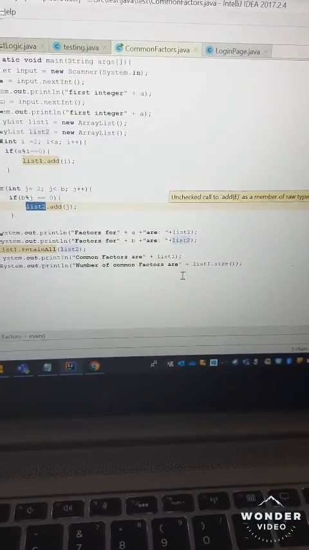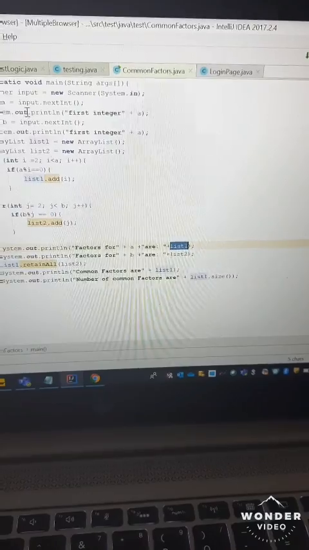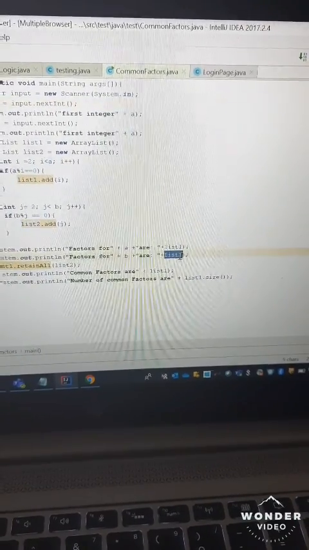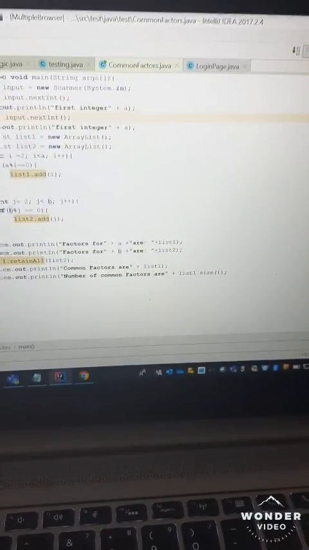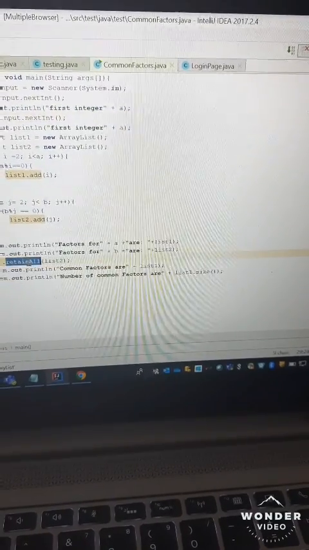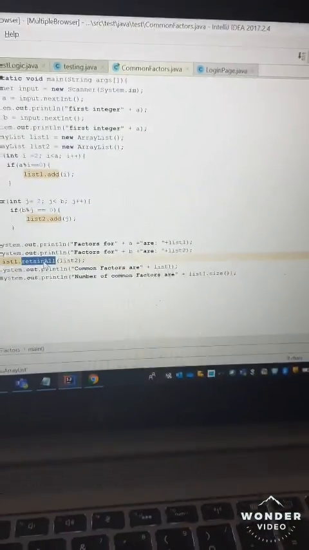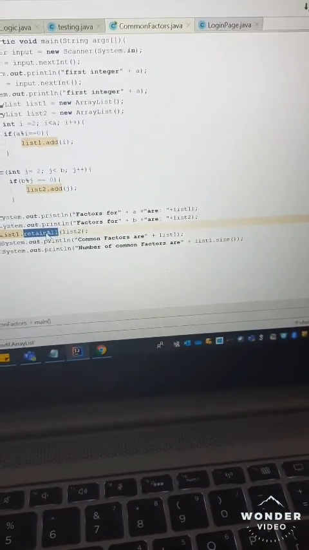Now I am printing list 1 and list 2. List 1 will have the factors of the input A, and list 2 will contain the factors of B. Now there is a method retainAll. The retainAll method in List will retain the common values in two lists.